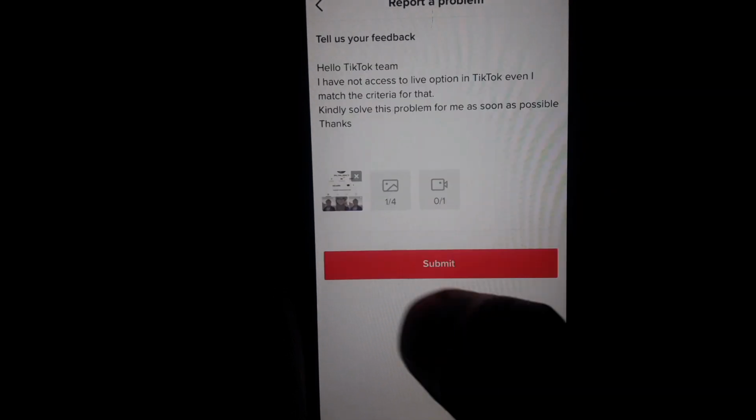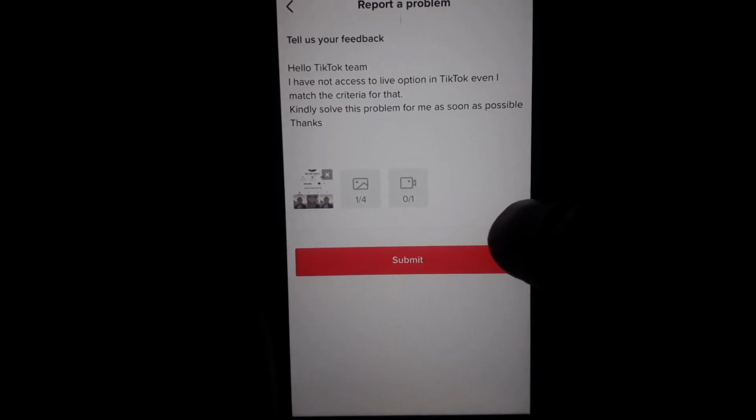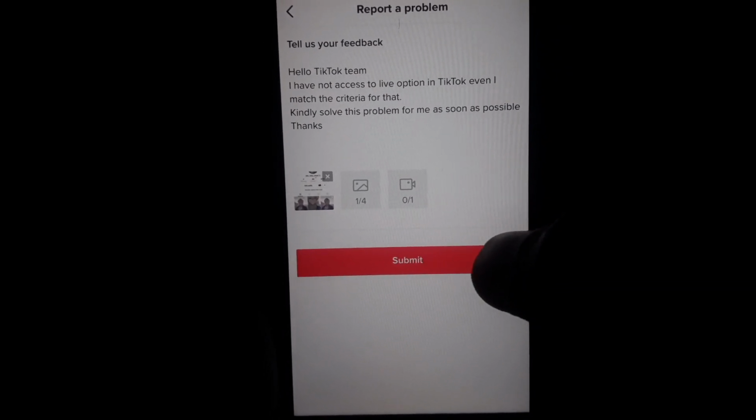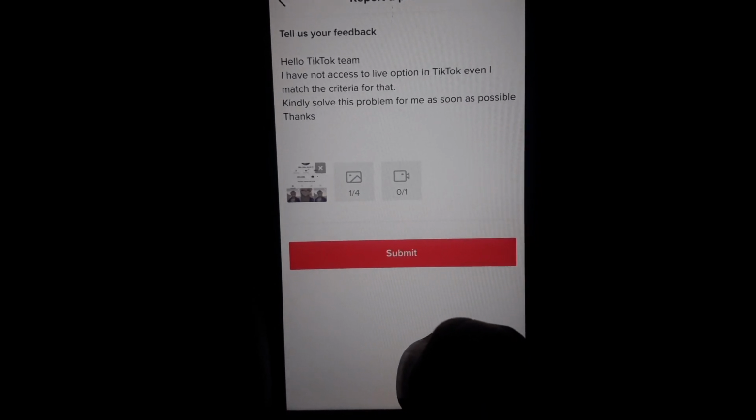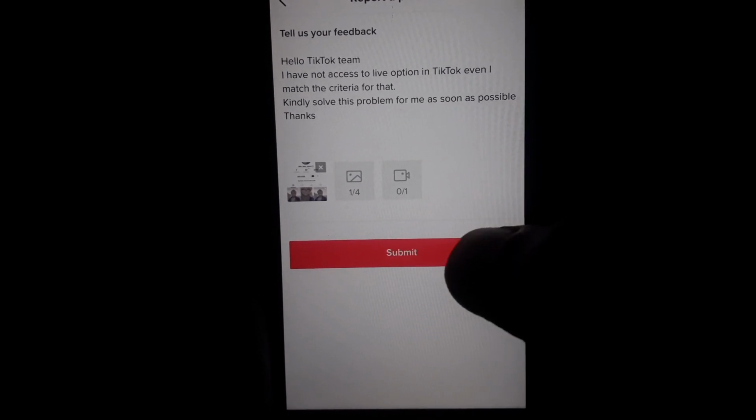After doing all the things, you can simply click on submit and your problem will be submitted to the TikTok team, and within a few days the TikTok team will connect with you and solve the problem for you